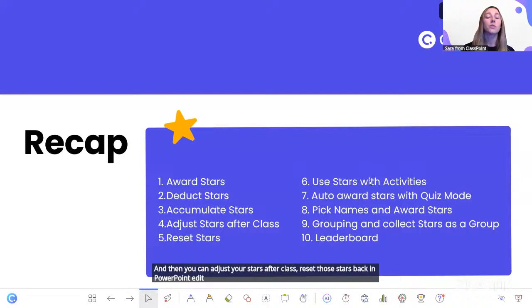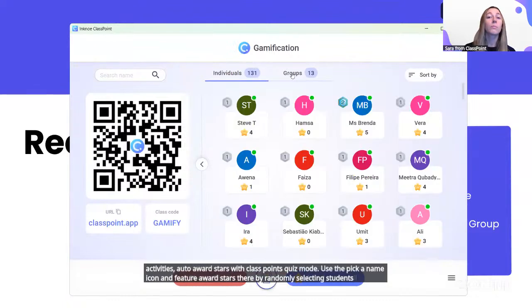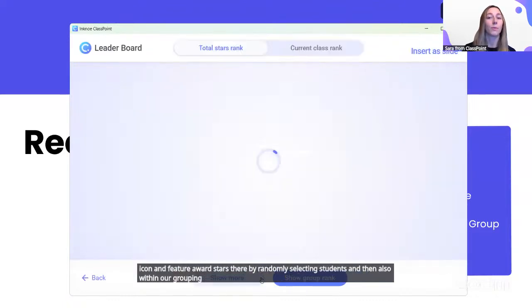And then of course, use stars with different ClassPoint activities, auto award stars with ClassPoint's quiz mode, use the pick a name icon and feature to award stars there by randomly selecting students. And then also within our grouping and ClassPoint's leaderboard.